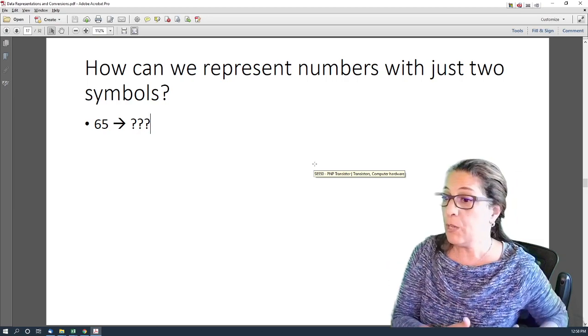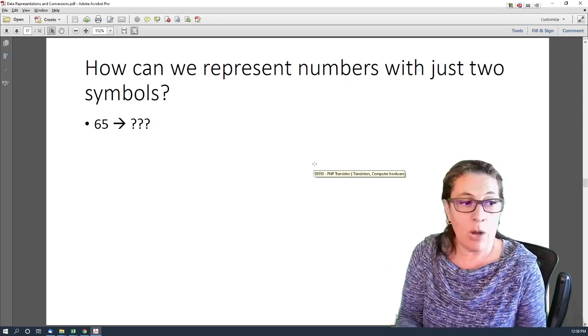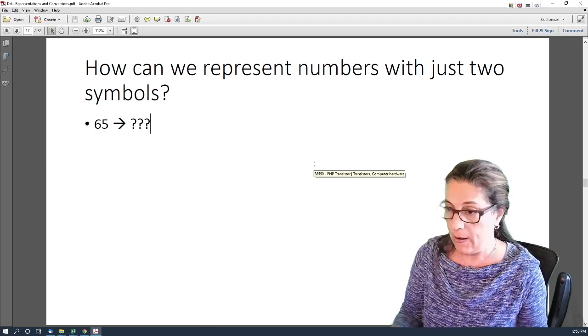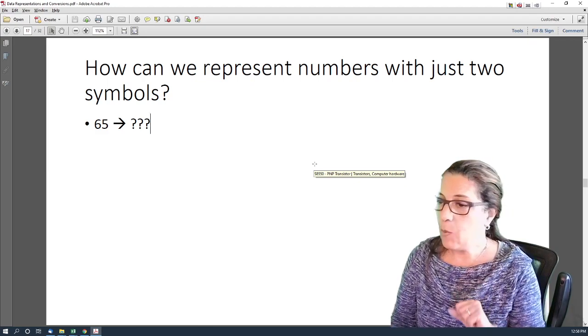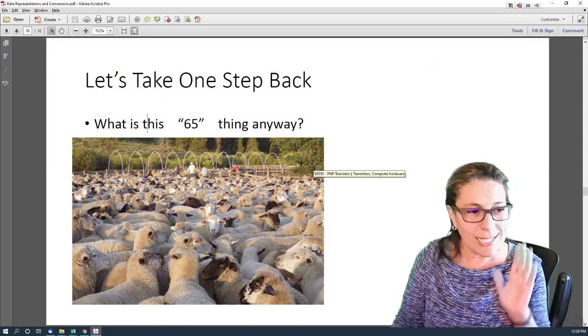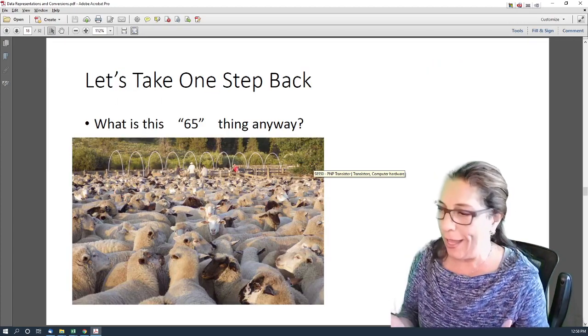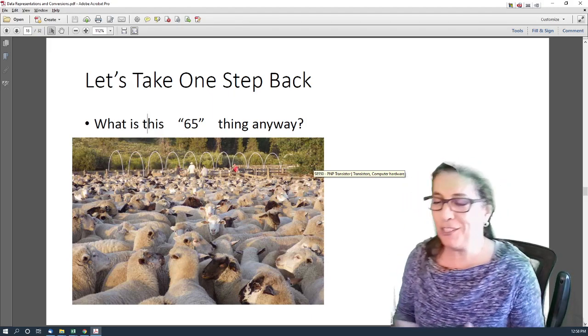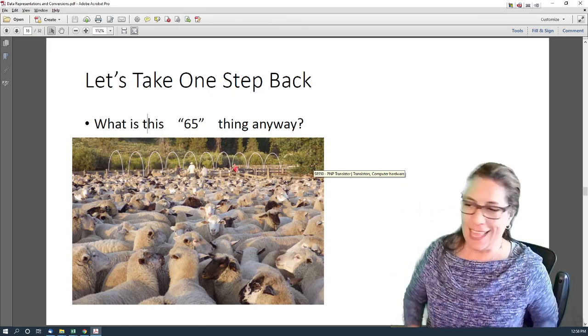And now in computers, there's only 2 digits, 0 and 1. Now how can we map one thing into the other? All right. So I want to take you on a little detour here, a little context of what's 65 anyway? What is 65? If you go back thousands of years ago,